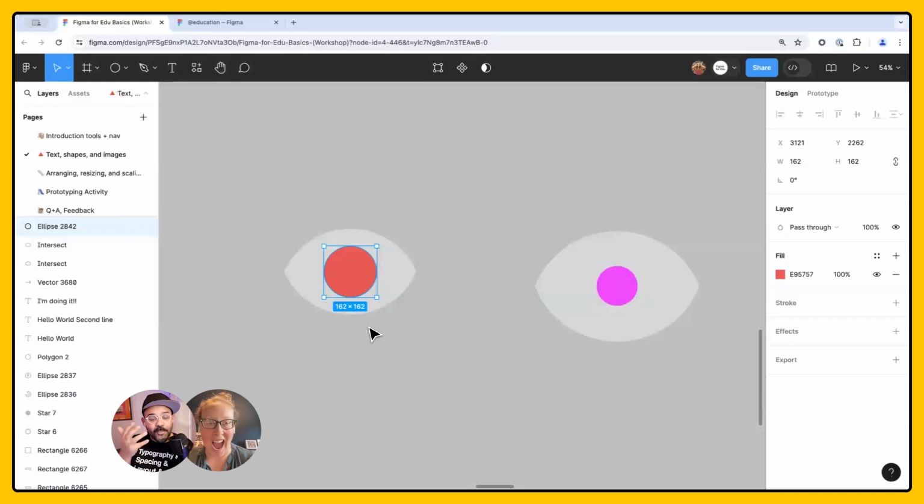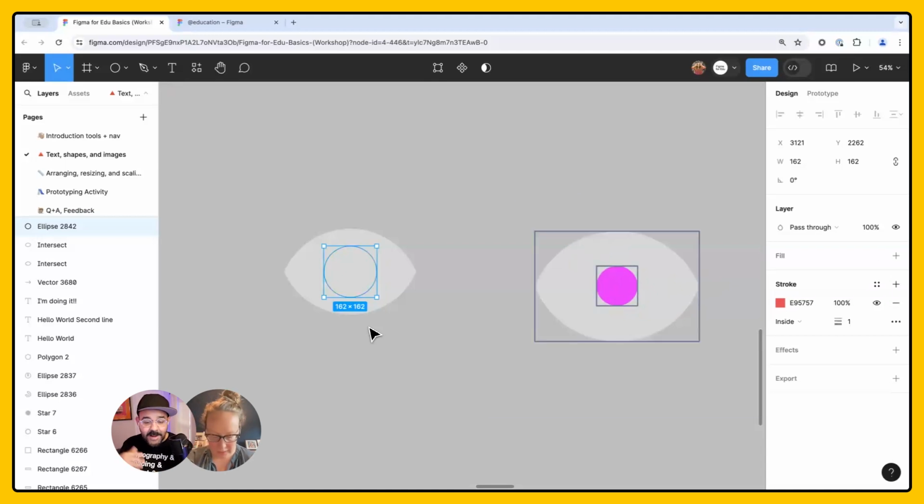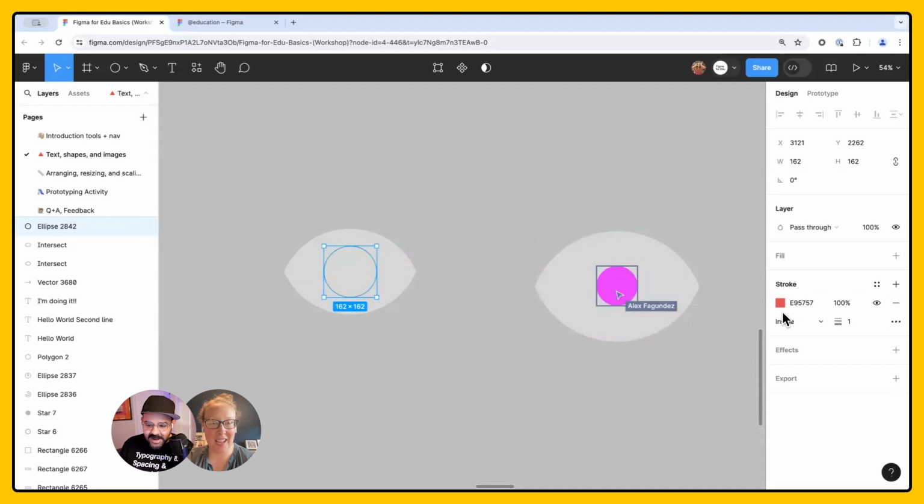Now we're going to swap the fill and the stroke. So we're going to press Shift X. I know a lot of people really enjoyed this last week. Shift X is going to swap the fill and the stroke. So what I had was the fill. We just want it on the pupil. Yep, on the pupil. So Shift X, and then we're going to increase the stroke on that.